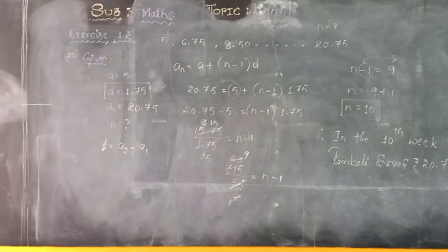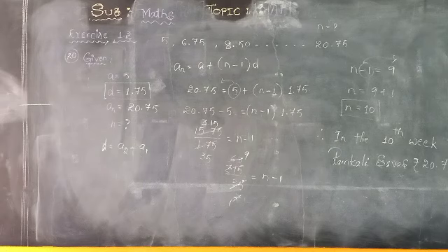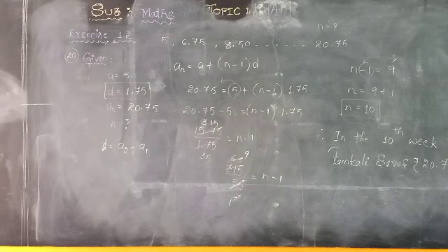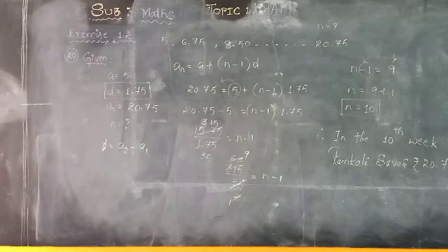So this is about today's class. I think exercise 1.2 is completed. It means on the concept of nth term of AP, we simplified different types of problems and covered all types of problems. For this, students are requested to collect questions from old question papers, last year's midterm question paper, preparatory question papers, or the question papers of the years before. You can collect any kind of questions which belong to the nth term of AP formula.